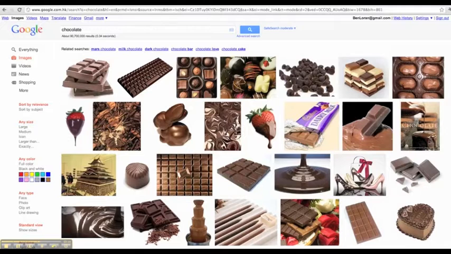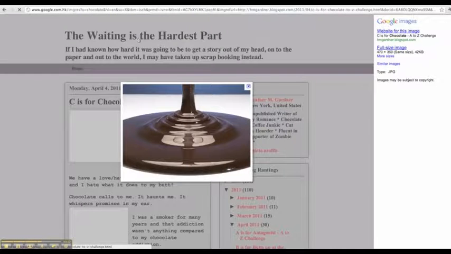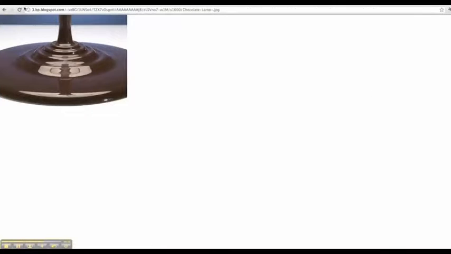So if you do a Google search, for example, for a set of pictures, and you find one like that, at the moment the URL at the top still is a Google search URL, so it's not actually the web address of this particular picture. What you have to do is click on full size image at the side and get to this screen. Now you see that the web address or the URL changes specifically for that JPEG, specifically for that picture. So if you copy that